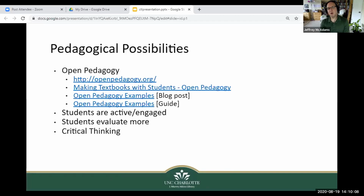So there's more peer review going on, and there's lots of critical thinking and more analysis in terms of your assignment. So you'd have to change up your assignments a little bit, but it has more engagement. And because we're doing a lot of this online, it's something that could work well with